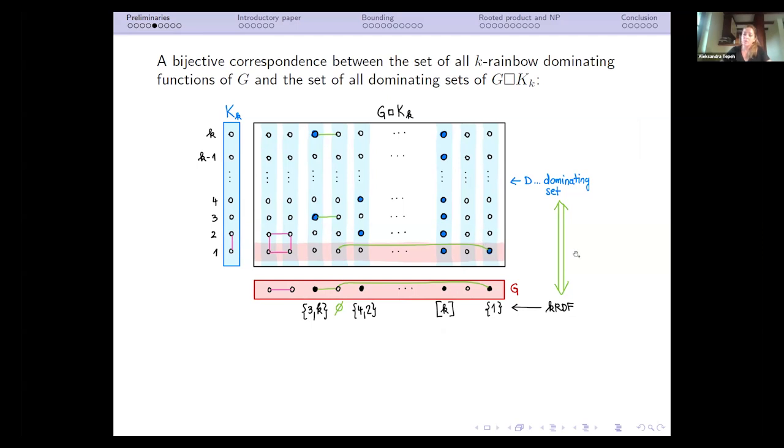And now I would like to explain briefly why this equivalence holds. Yeah, so let's start with a dominating set in the generalized prism. I denoted vertices from it with, I picked this blue color. These are the K_K layer. This is just a graph which is isomorphic to K_K. And if I see a vertex from D in here,